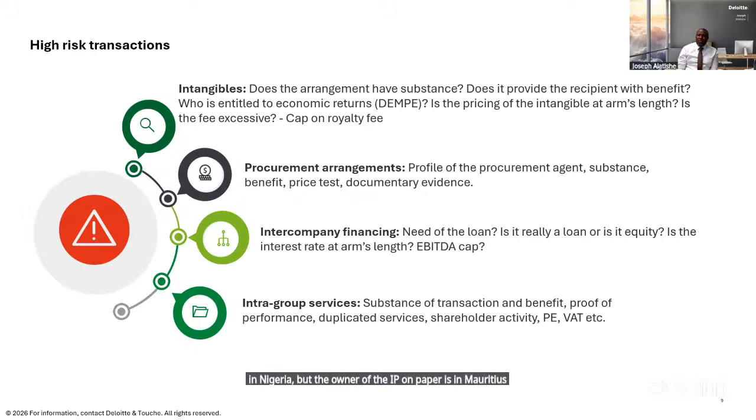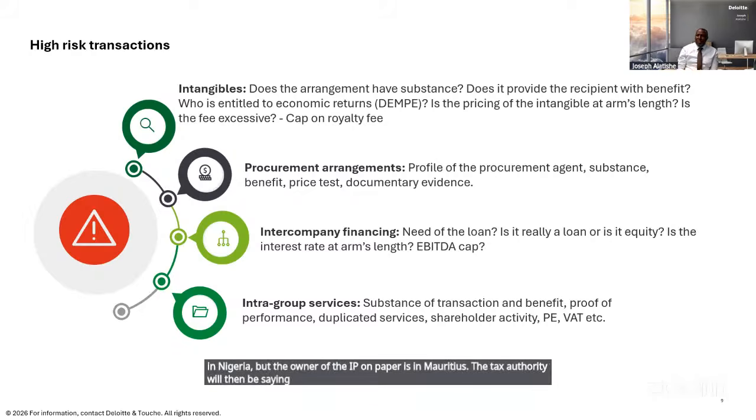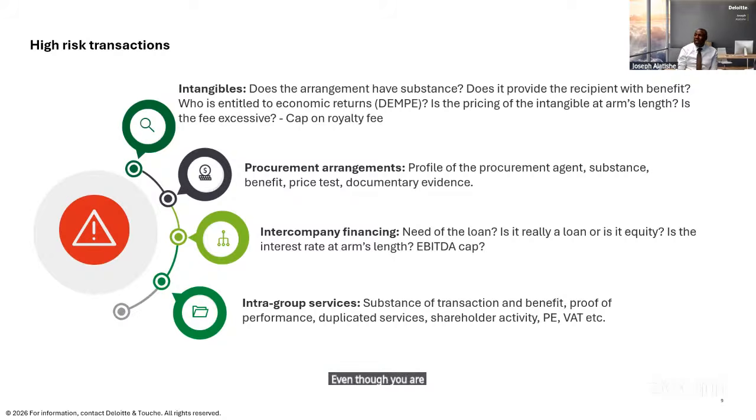The tax authority will then be saying, no, as far as we are concerned, this software is a Nigerian software. Instead of you paying, in fact, every other entity all over the world should be paying Nigeria for using it, even though you're not the legal owner. So that's a key question that always comes out in transfer pricing audits. Who is entitled to the